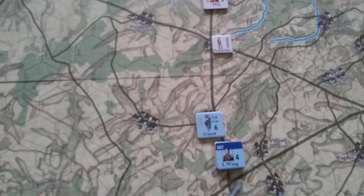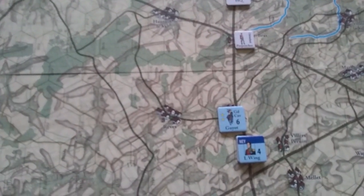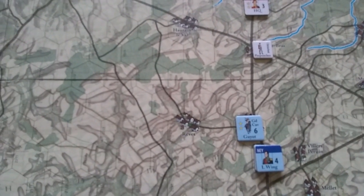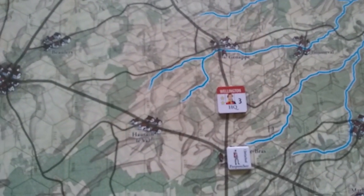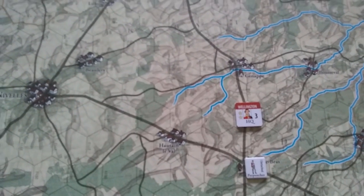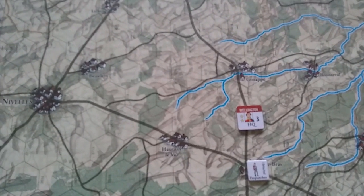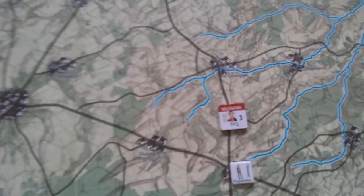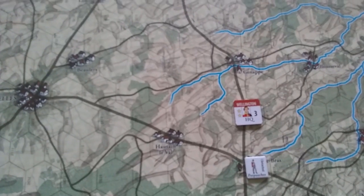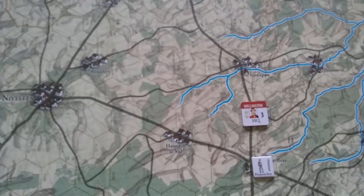These HQs have different sides to them. They can be on the mobile side or in the deployed side, ready for combat. So the French guys all start off in their mobile side, where they have more range, whereas Wellington starts off, or his HQ starts off already deployed. Now I was convinced that Wellington turned up later on the 16th. I don't know whether that's a design for effect thing, but maybe it's not him, but it represents his sort of command structure that's in place on the AM part